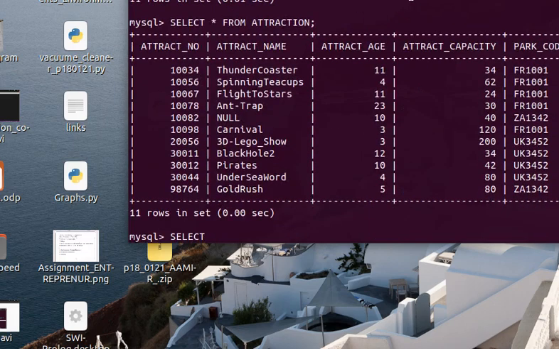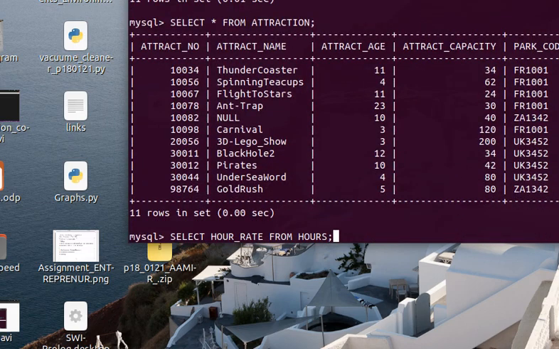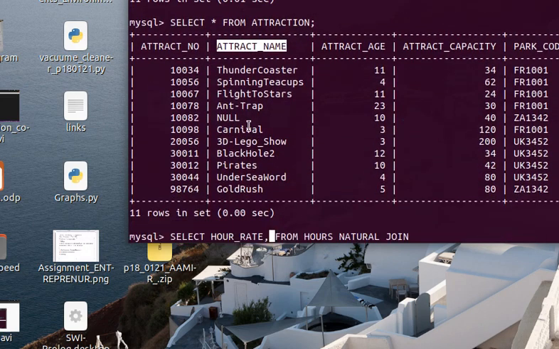So select hour rate from this table, which is the name of hours, and we will use natural join. This is the built-in command which is natural join, and it will join this table with this accordingly. So here I use select hour rate from this table, and attract name from this another table.